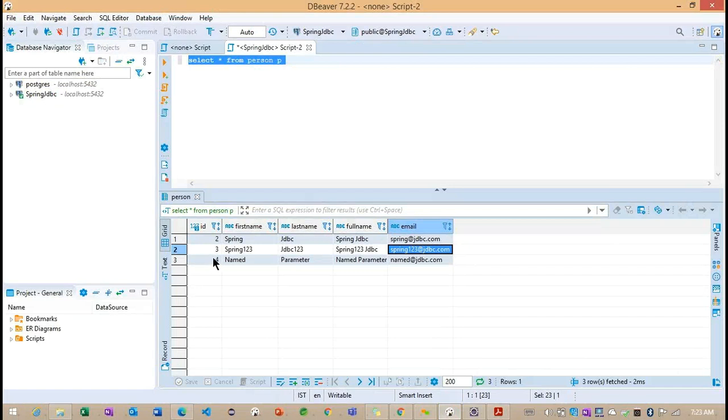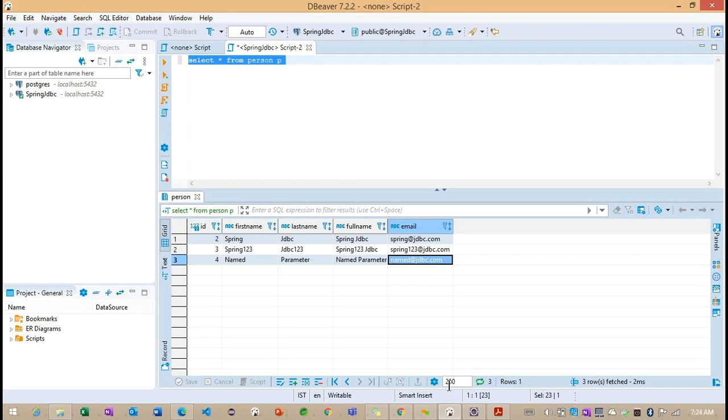Observe, with ID 4 we have one more record here, named. So the first name is named, the second name is named parameter JDBC template, and the email ID is named@jdbc.com. Getting the point. So this is the way we can insert the information here.